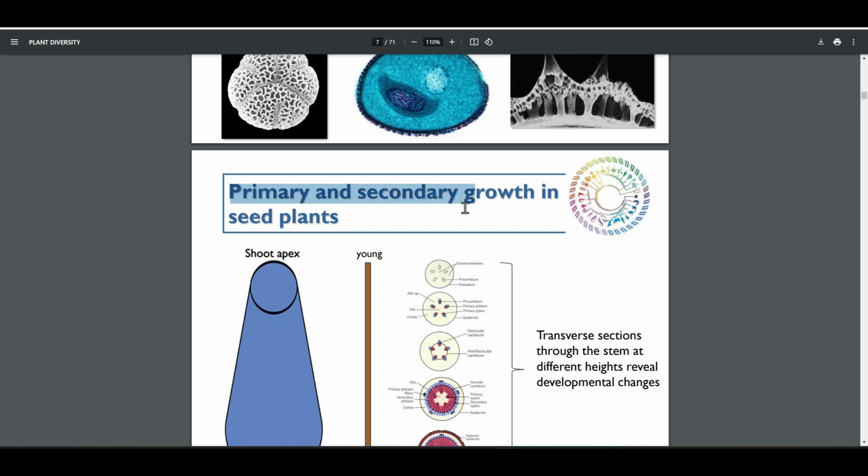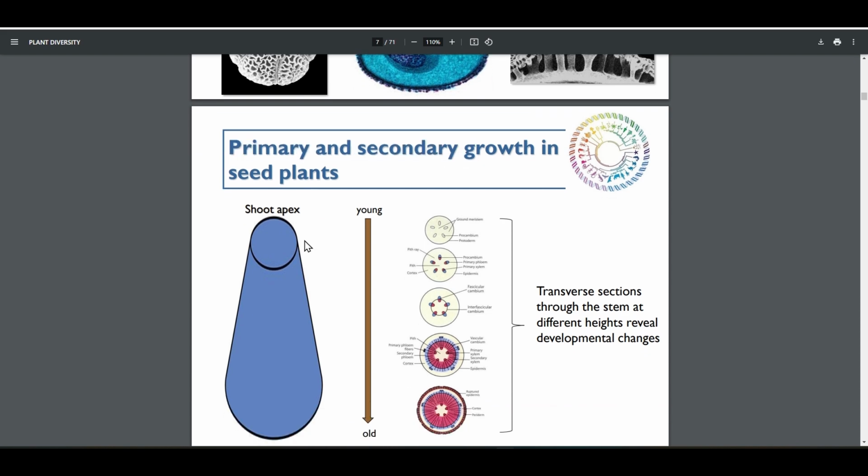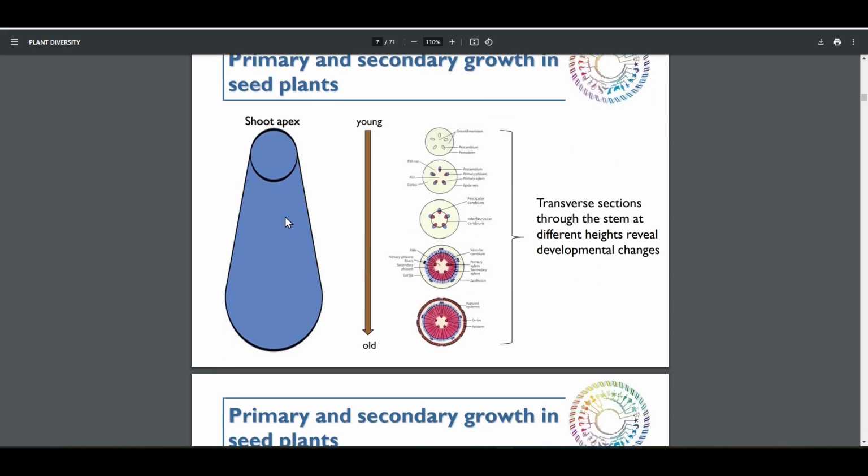We'll have primary and secondary growth in seed plants. So let me try to explain. Imagine this is a plant. A bit hard, but please do. Okay, so at the very top part, with the smallest diameter, is the shoot apex, the very top of the plant with the thinnest shoot. And there at the bottom is the oldest stem. So the lower part is the thickest stem, and the upper part is the youngest and thinnest